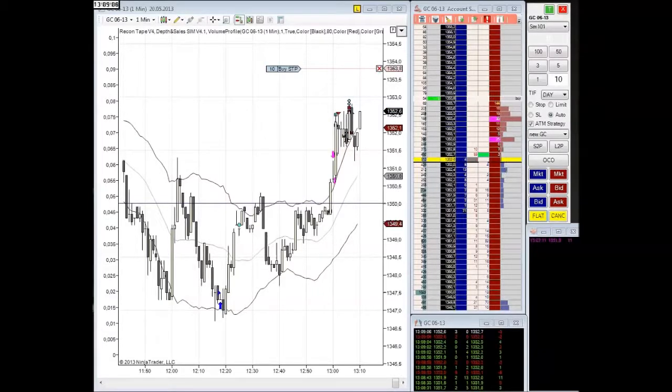I'm fine just putting my entry 2 ticks above this previous higher high from earlier today, these early hours, because again I believe there is a large cluster of stop orders resting there from all those bears,